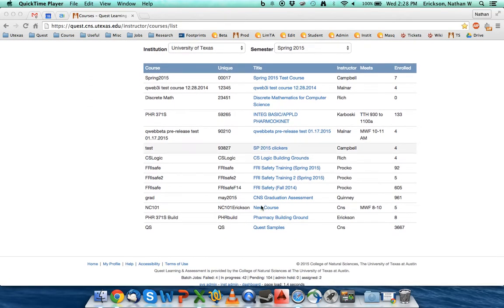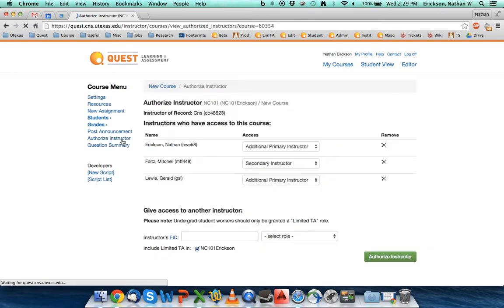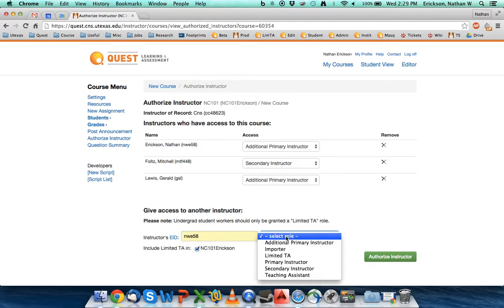So what I'm going to do is go into a class, and let's say I am the instructor for a class and I want to share the materials with you. So I'm going to go into my class that I want to share my materials with. What I'm going to do is authorize an instructor. Over on the left menu bar, there's a place to authorize instructors, and I can type in someone else's instructor credentials. So if I wanted to type in my credentials, I go in,